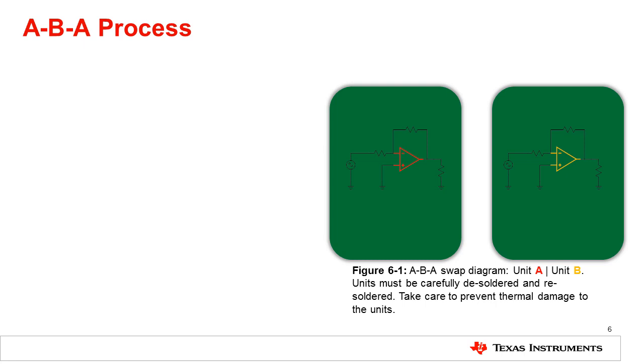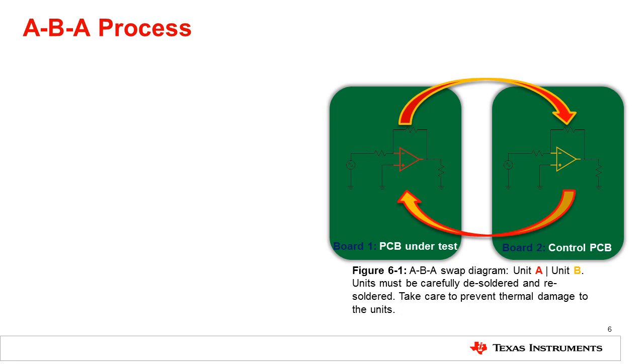Slide 6 provides a detailed explanation of the ABA swap methodology. The process includes 2 printed circuit boards and 2 integrated circuits of interest, the device under test, and the control unit. The first step of the process is to record the electrical characteristics of both systems. Recording output voltage, or voltage offset of a system, is a good example. An inverting circuit is depicted in Figure 6-1. Once the data is successfully recorded, the ABA swap process can begin.